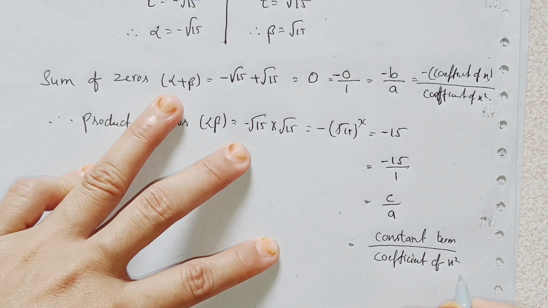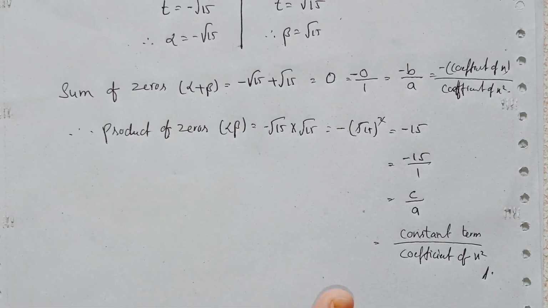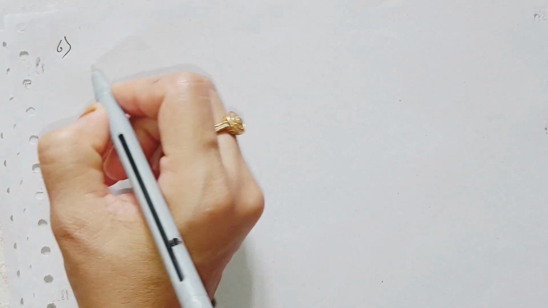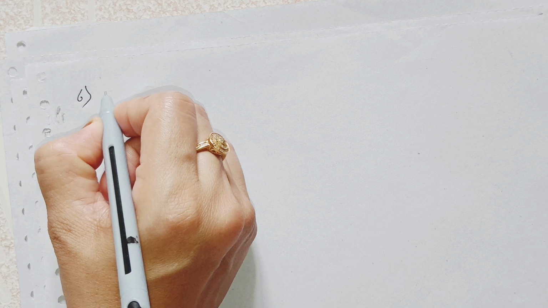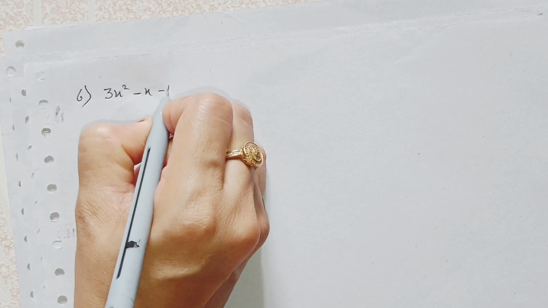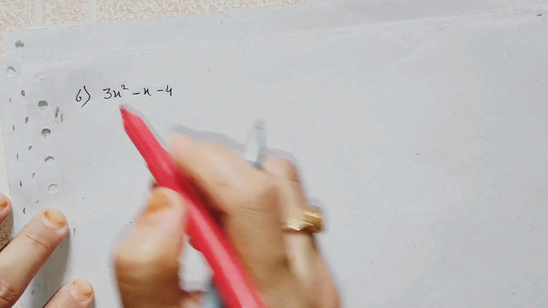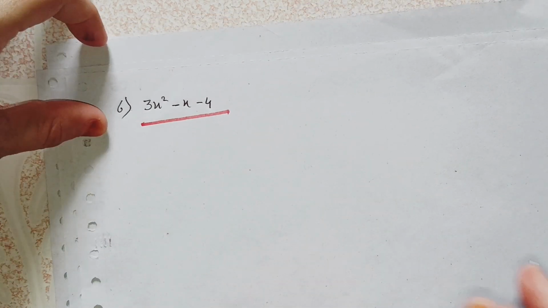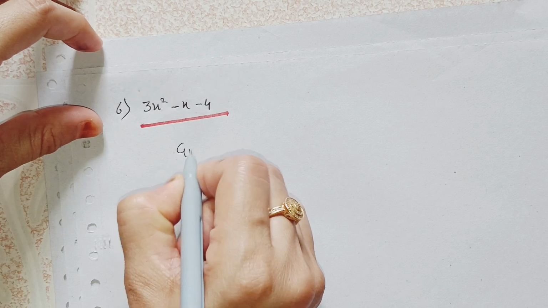Okay guys, this is the fifth problem. Now we'll do the sixth problem, which is 3x square minus x minus 4. Okay, this is the question. Now here also we have to do the same for this. So the given polynomial is